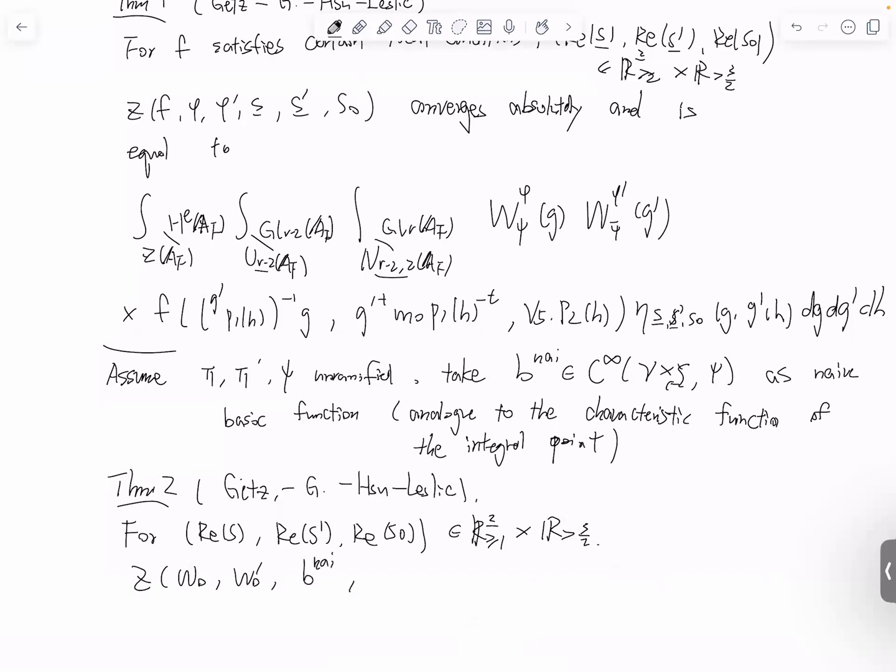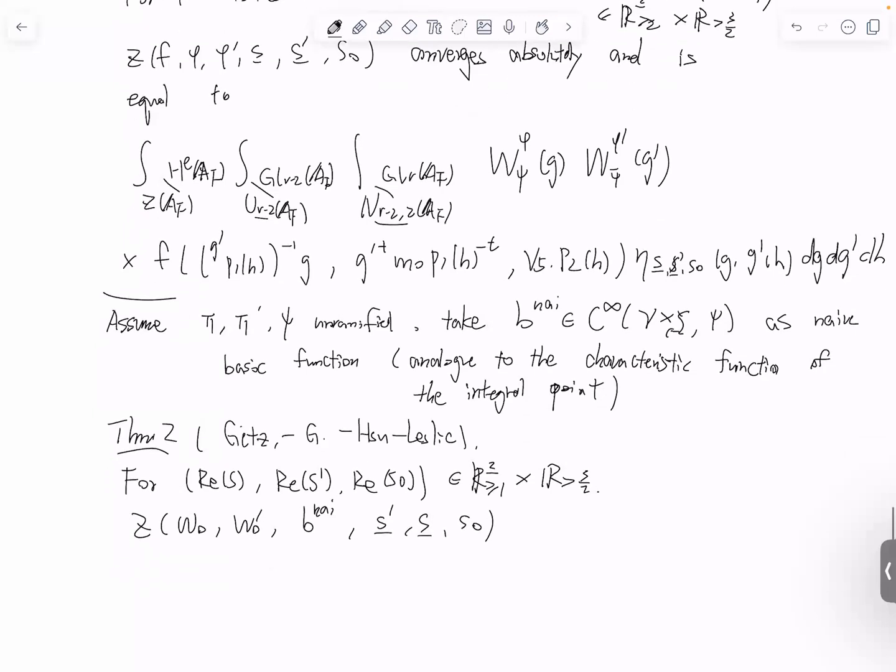The naive basic functions, and again the parameters s prime, s naught. So this is a sum of k in positive integers, and l is 0 to infinity, and q minus l s naught. The triple product of the Rankin-Selberg L-functions,